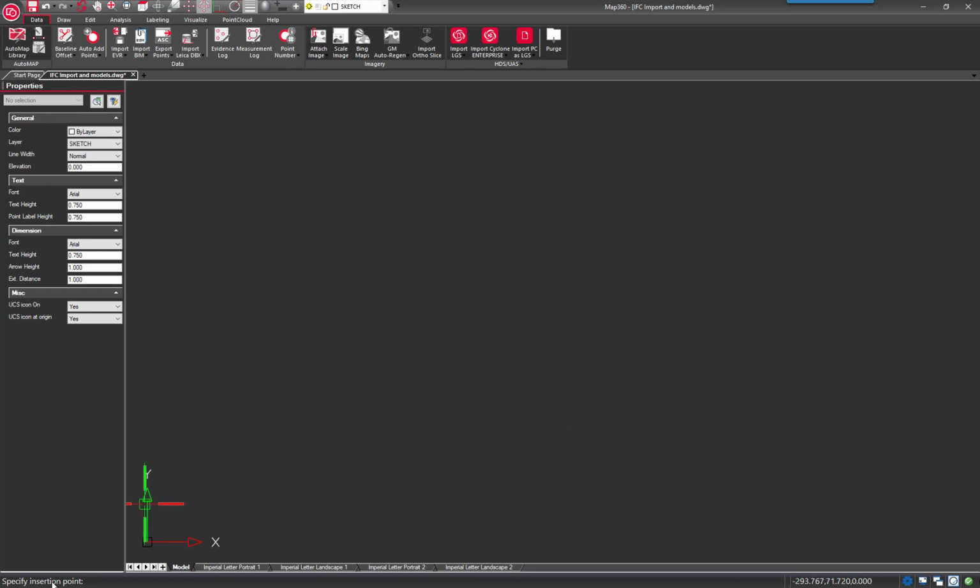And then you need to specify an insertion point. I'm just going to pick here on my screen. And then you need to specify a scale factor. And so you need to know what units the project is in. I know this Ifc file is in meters, but my project is in feet. So I'm going to type in the scale factor for that conversion,